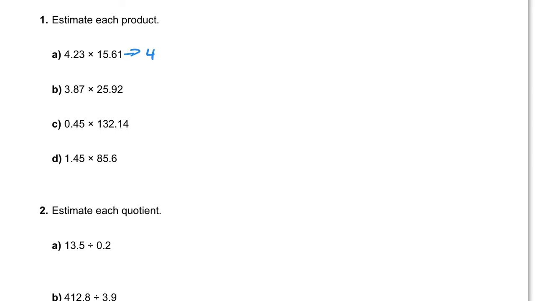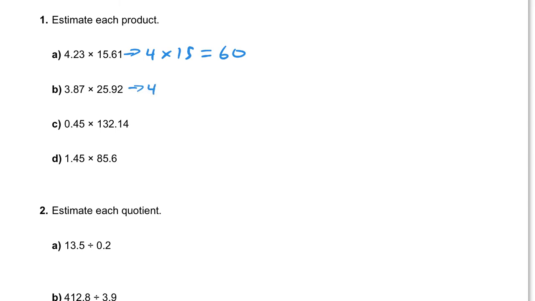4.23 is very close to 4, and 15.61 close enough to 15. These are pretty friendly numbers to work with. 2 15s is 30. That means 4 15s is going to be twice as much as 30, which is 60. Next we've got